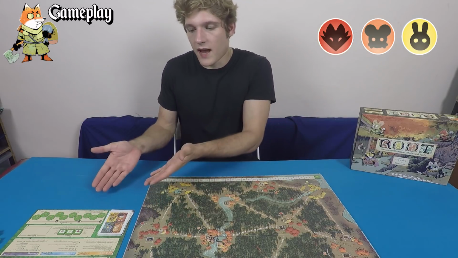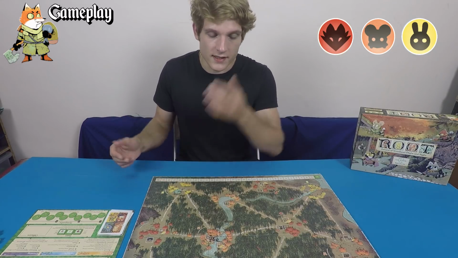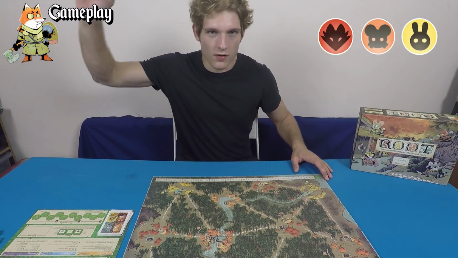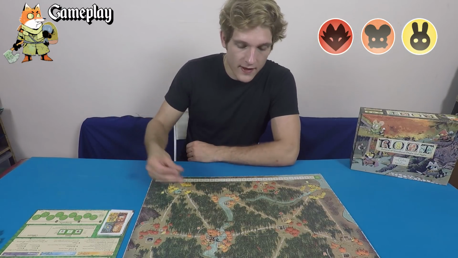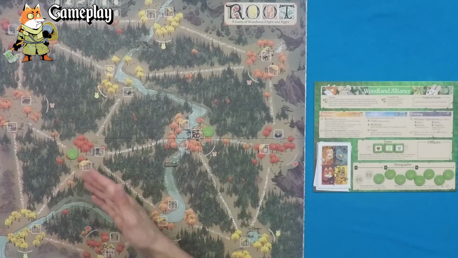The Woodland Alliance is, of course, made up of rabbits, mice, and foxes, and they're rebelling against the Eyrie Dynasties and the Marquise De Cats of the world who are trying to overthrow their woodland homes and tell them what to do, and they won't be having none of that. Thematically, the way this manifests is they're going to be putting out these sympathy tokens across the board, and you